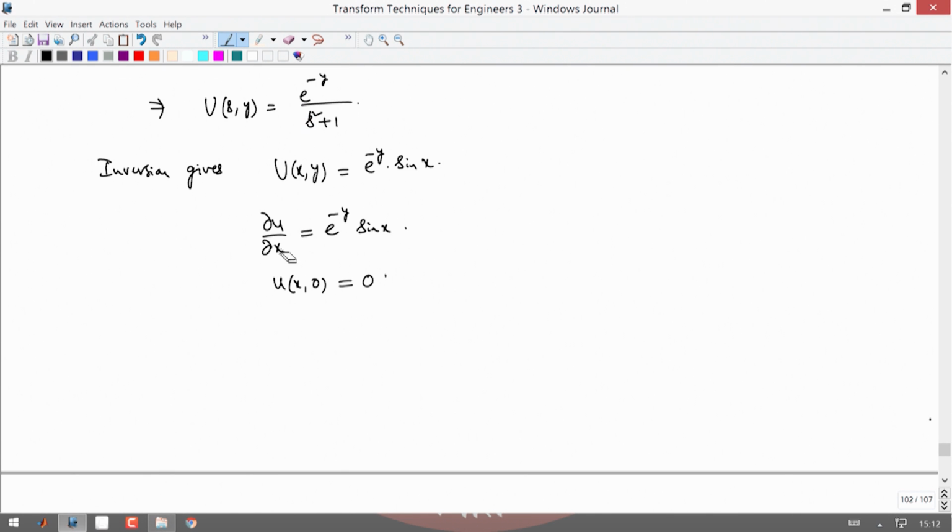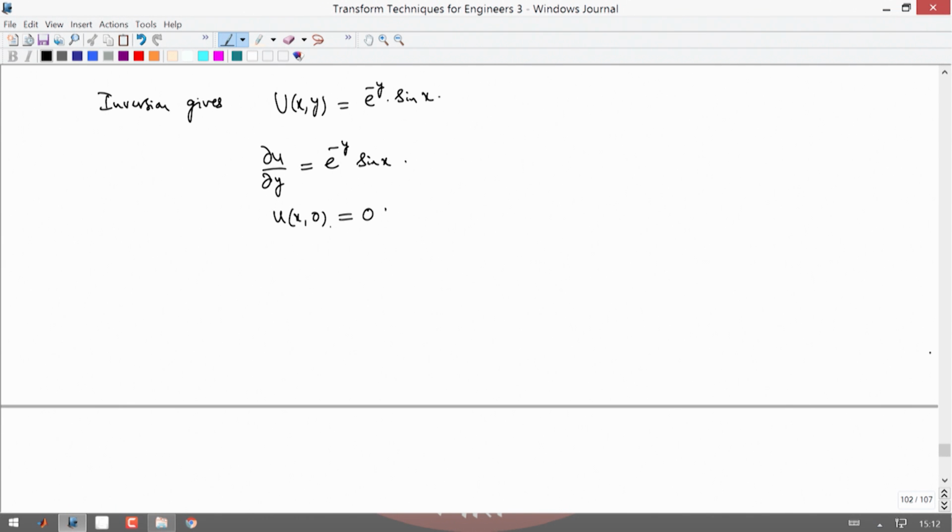So, you have ∂u/∂y. So, u at x, this you try to solve again by Laplace transform technique. So, again apply Laplace transform to the above equation, to get